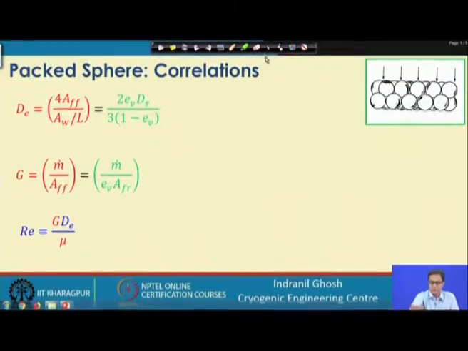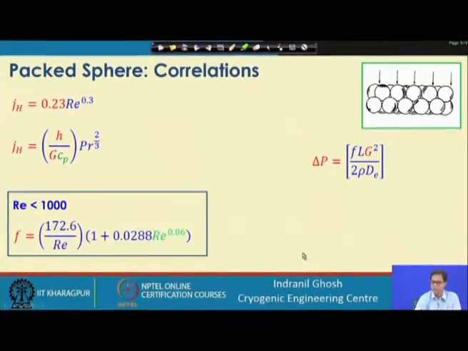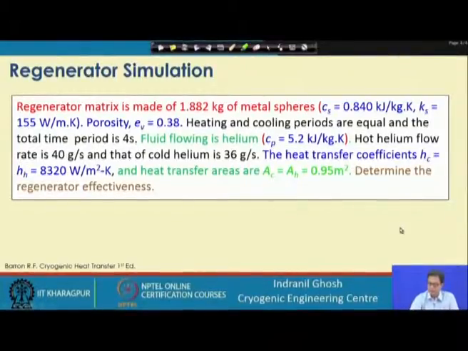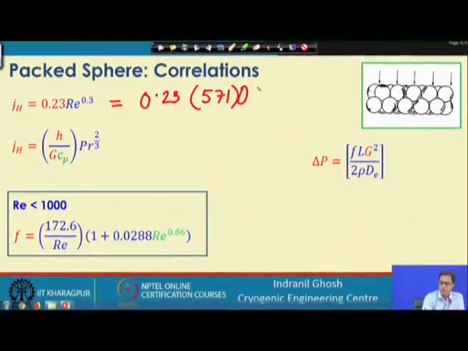now we will come back to the heat transfer coefficient in the form of the Colburn j factor, and this Colburn j factor is basically nothing but 0.23 multiplied by Re_d to the power of minus 0.3. So, here we will also put in the other parameters, and then we will see how we go about it. Okay. So, here it is, if we put in this correlation, we will find that this is 0.23 and the Re is 571 to the power of minus 0.3. So, this will come out to be